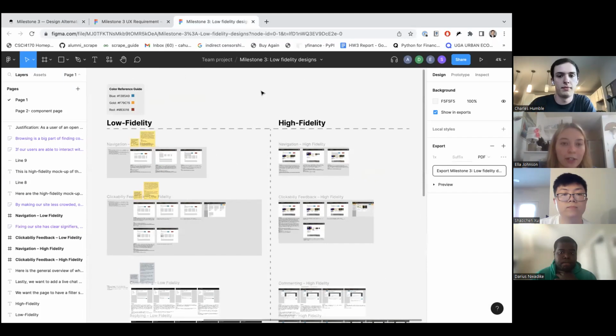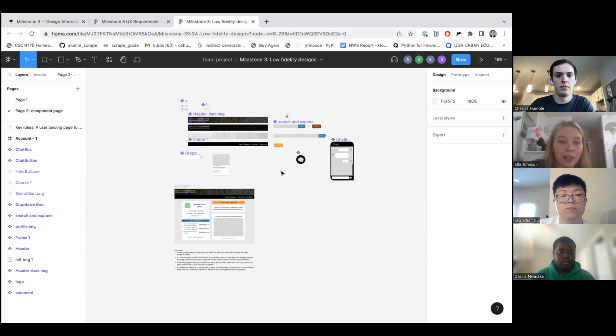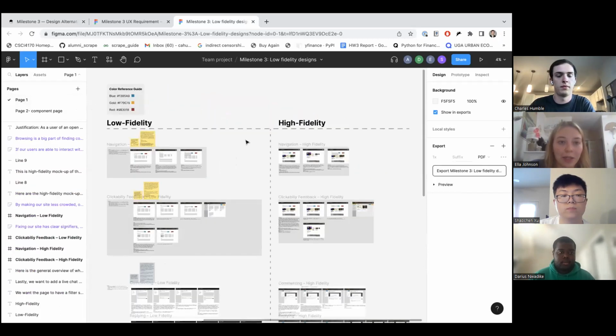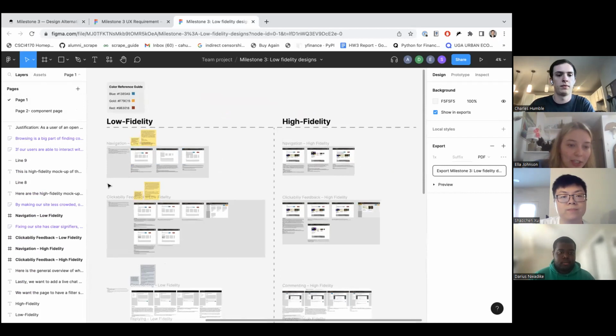So this is our main mockup page where we took each of the 5 user stories. Over here on page 2 are some of the components that we use throughout the page, as you can see there. And on page 1, we have it separated into our low fidelity and our high fidelity. So we're going to start off with the navigation and